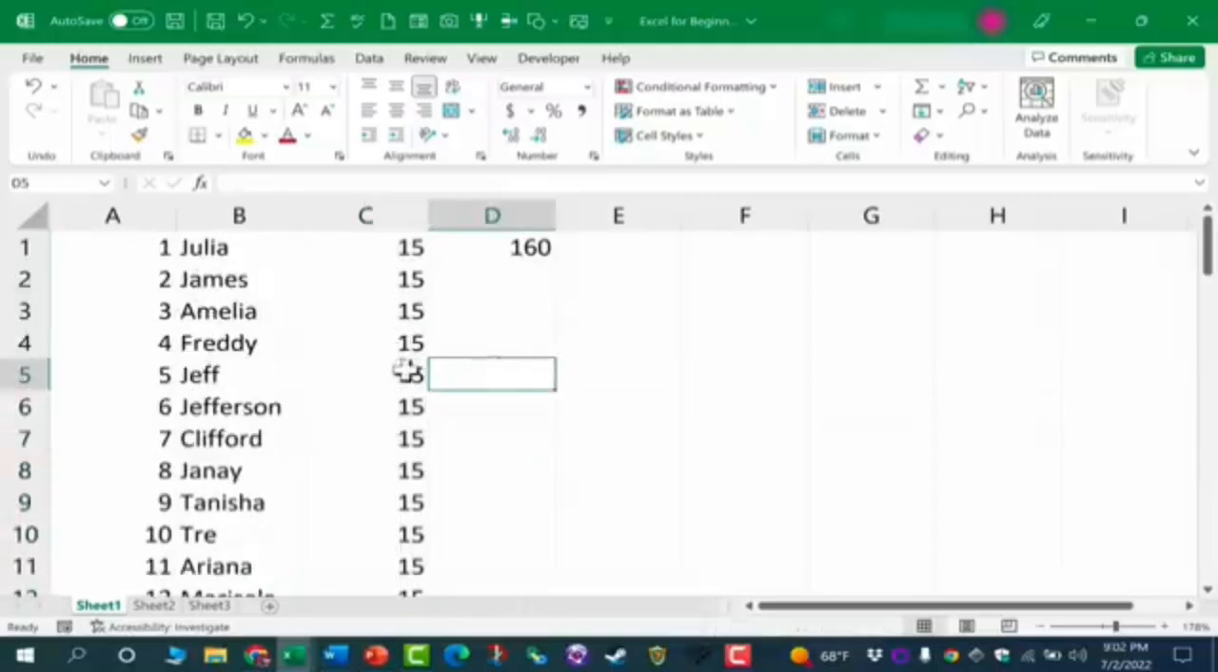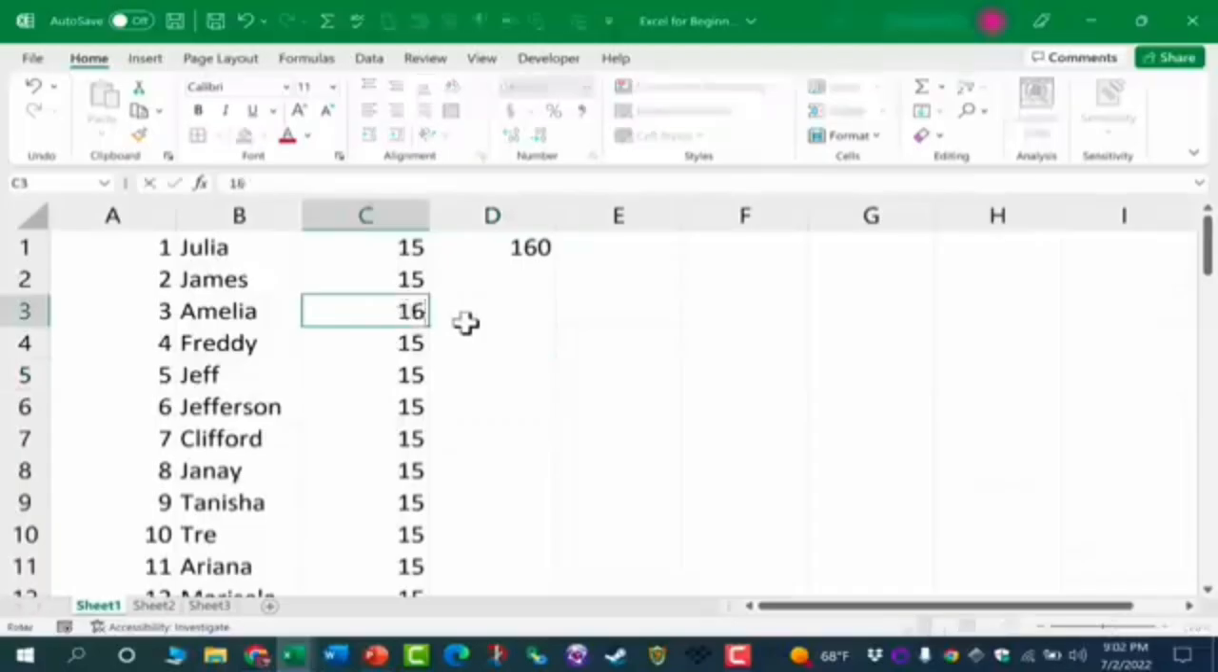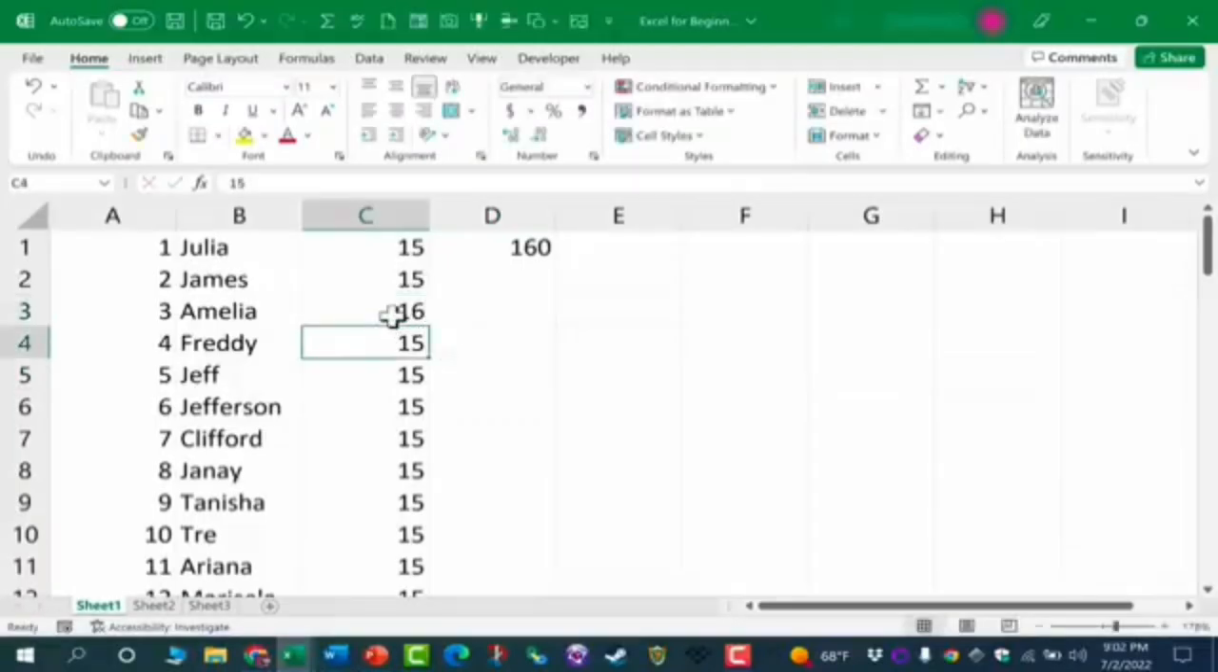But what if this number isn't accurate for all of these employees? Maybe Amelia is making more than $15 an hour. I could click on that cell and just overwrite it with another number, tap Enter, and that's a very fast way to do it. But there are times when you need to not only delete the information that's there by either overwriting it or tapping the Delete key or Backspace key on the keyboard, but sometimes you need to completely clear everything that's in that cell,